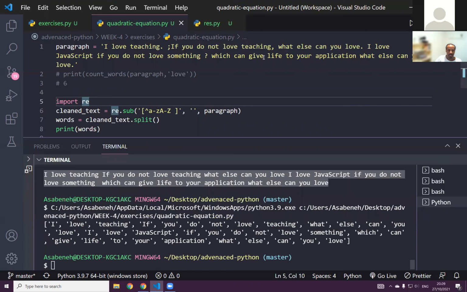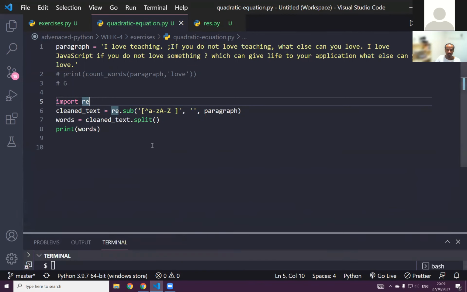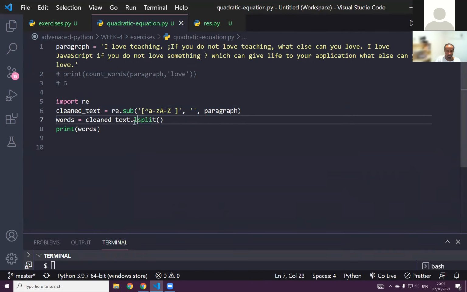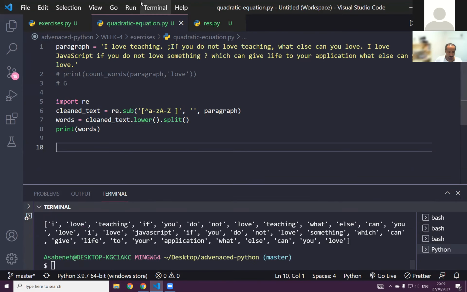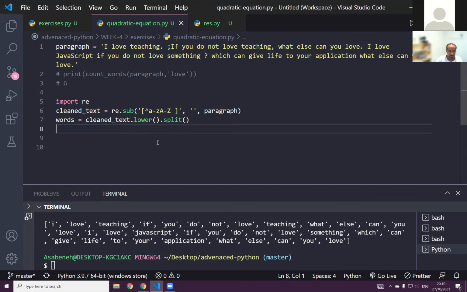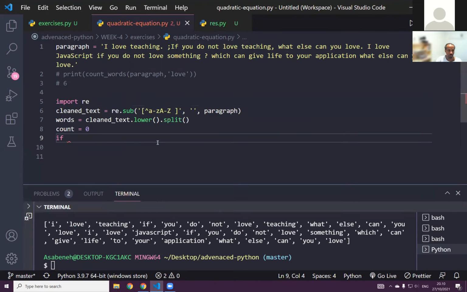Oh yeah, but I think it's very good after you clean, just change to lowercase, because if you don't change words to lowercase, you may not count everything. So it's good to change everything to lower. Yeah, now it seems that it's time to count. For instance, I can start count at 0. And if I say, if word